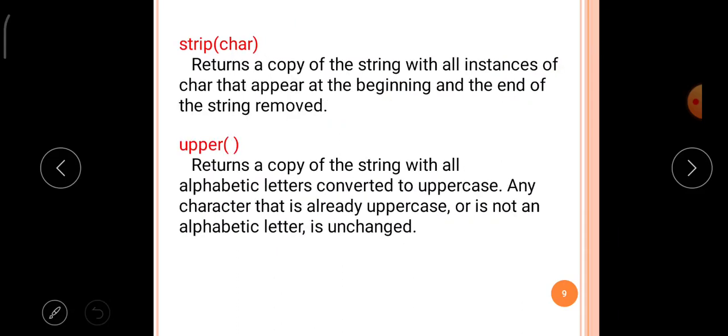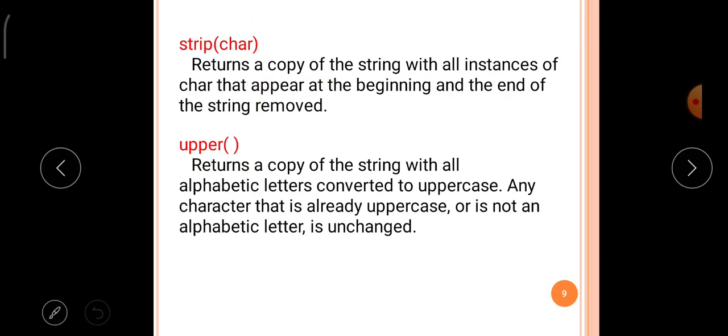That means rstrip, lstrip, strip, okay. Like that, different types of strip functions are available. Whichever strip function it may be, it will remove the white spaces and return a copy of the string. And strip with char removes all instances of char that appear at the beginning and the ending of the string, so on both sides the specified characters are removed.